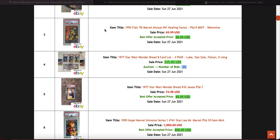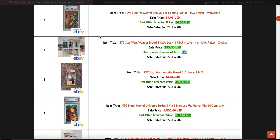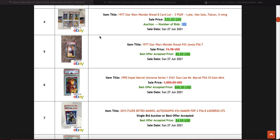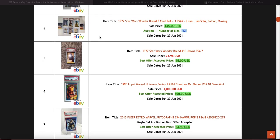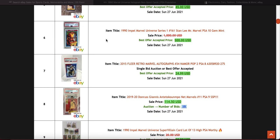95 Marvel Annual Healing Factor PSA 9 sold for $50. Wolverine. I like the flare, I really do. 94, 95, really, really cool. If you can get the buyback cards, I've now got some. Really, really cool. But yeah, $50 for a PSA 9 mint. Nice. Some Star Wars cards selling well. They're a great shout. The Wonder Bread cards, the 97.7 ones, are really, really cool. Don't have any myself, but...